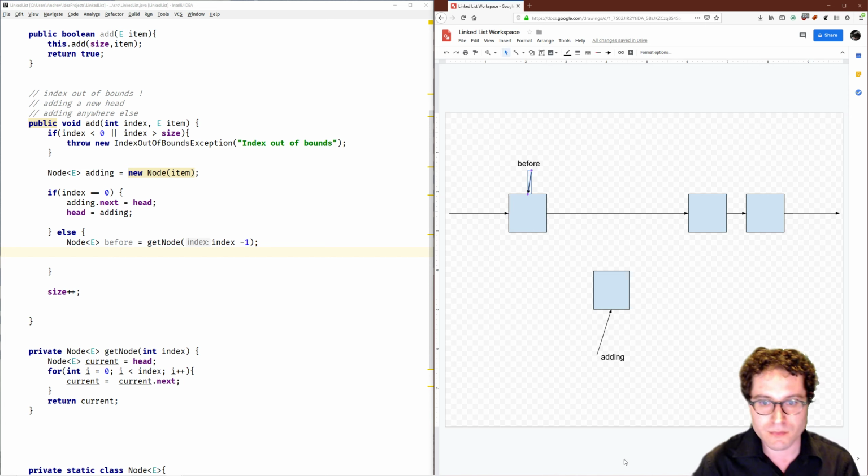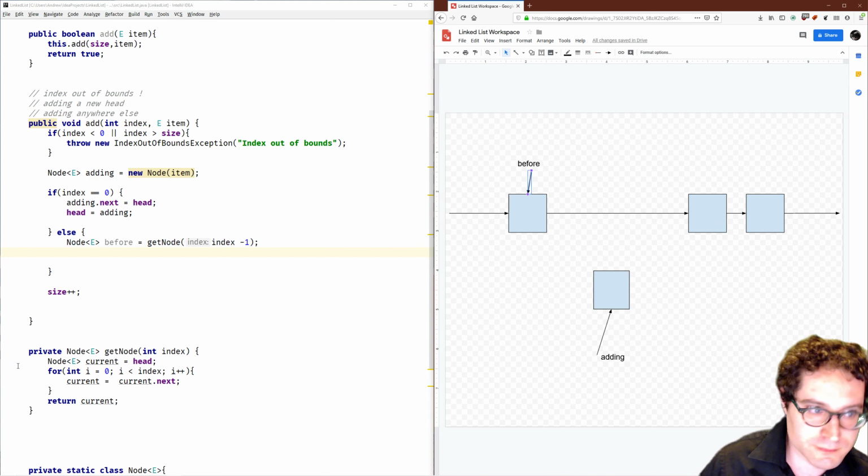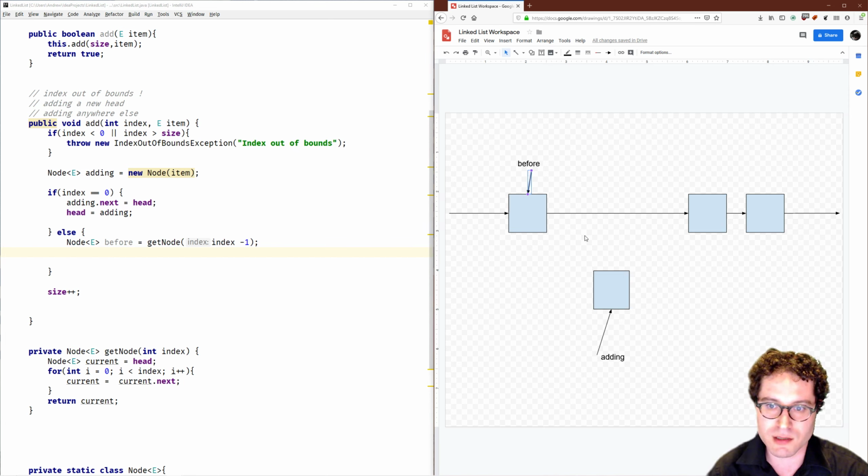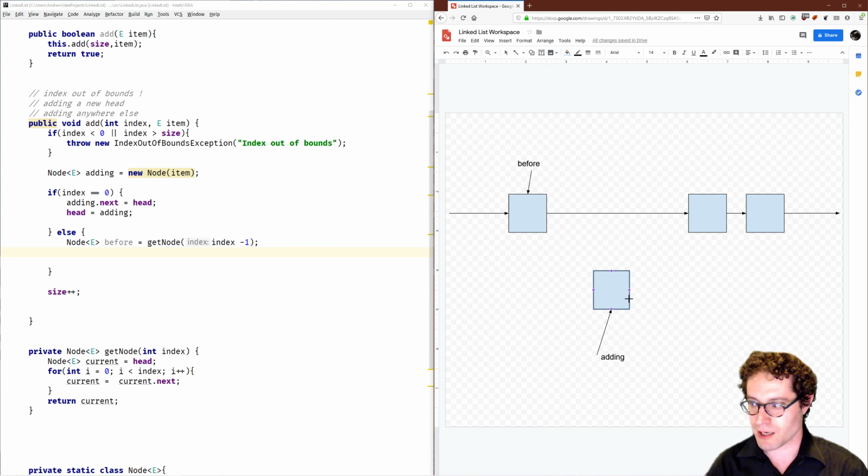Okay. So before is this node. So we need to do the following things. The first thing we need to do, and the way I always like to think about it, is get out some pencil and paper and draw it if you need to. And then write what you need. So adding dot next